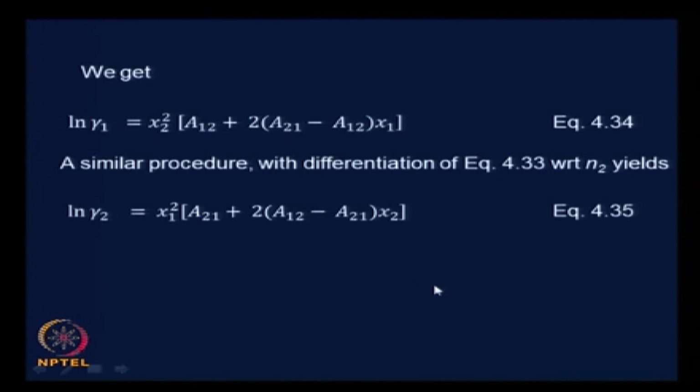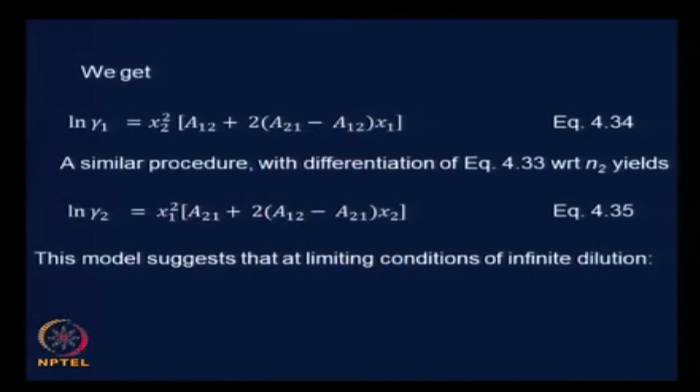There are many such models, and some models work well for certain systems, some models work well for other systems. That is the reason for having so many different models, and some models have better basis in theory than the other models, and so on. We will see about 3 or 4 such models in this particular module. Before we do that, it is nice to do some small analysis here.